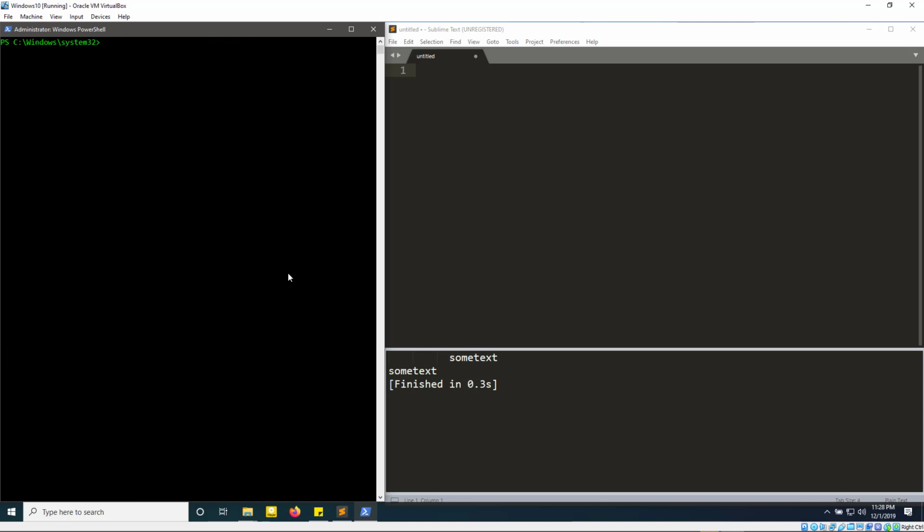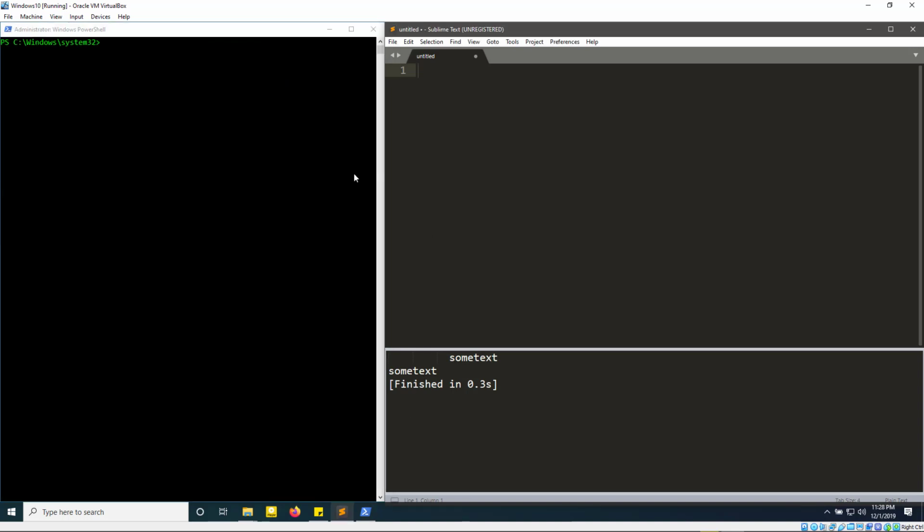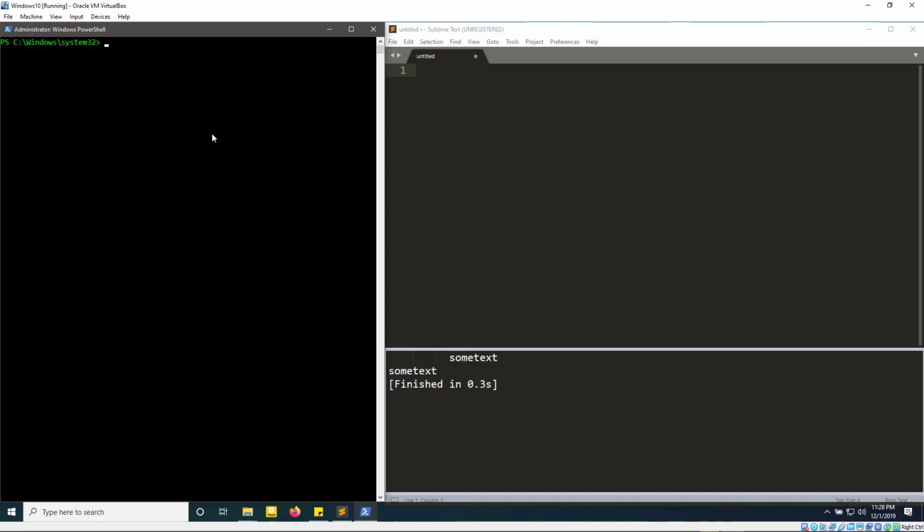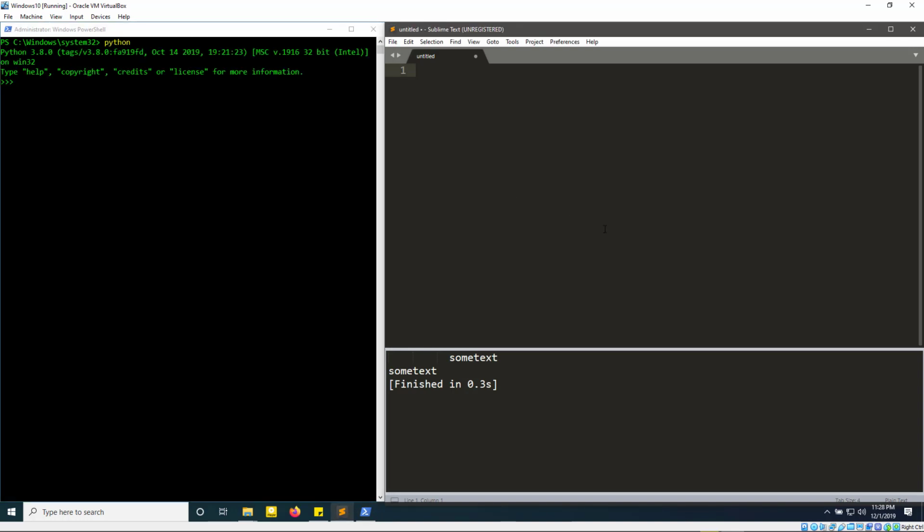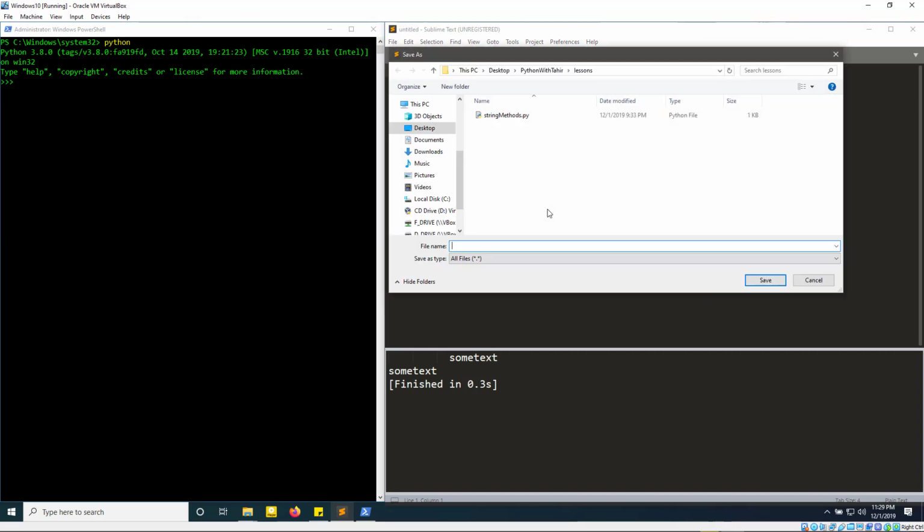Alright, what I want to show you is how you can use Python string interpolation to make your life easier when concatenating strings together or when printing things out in Python. I'll go ahead and create a new Python file. I'll call this